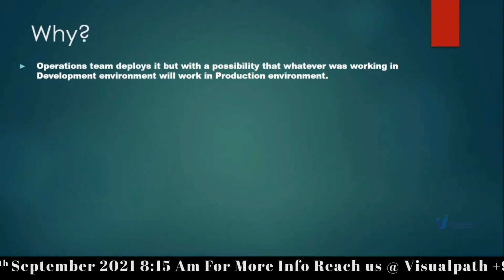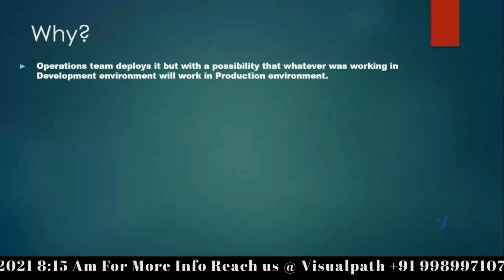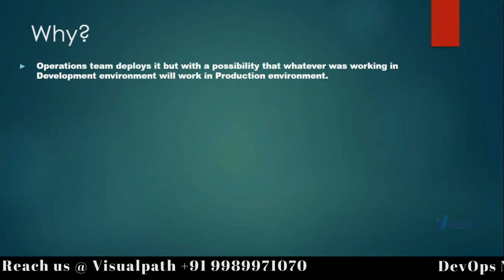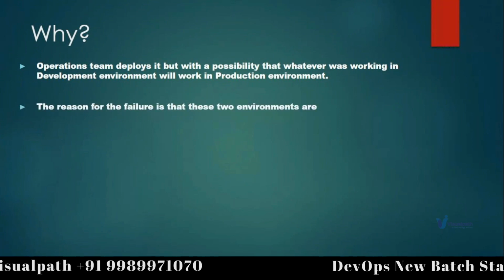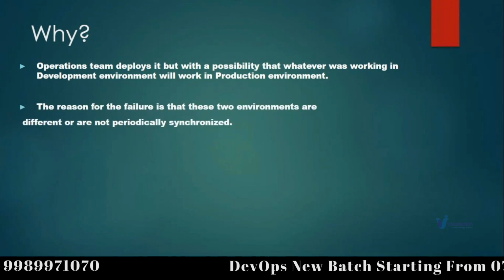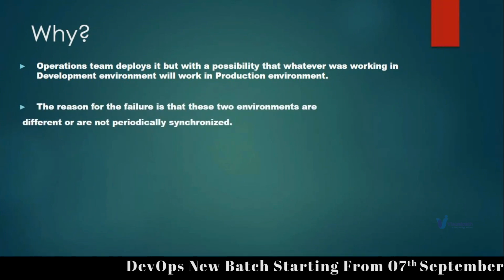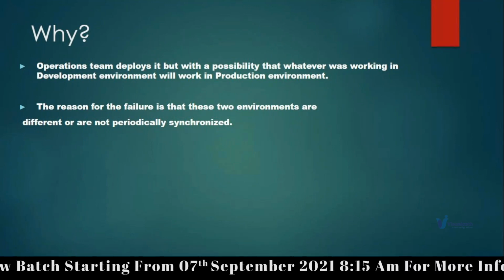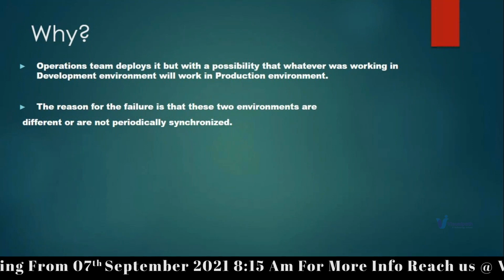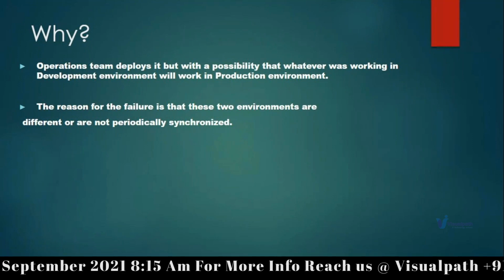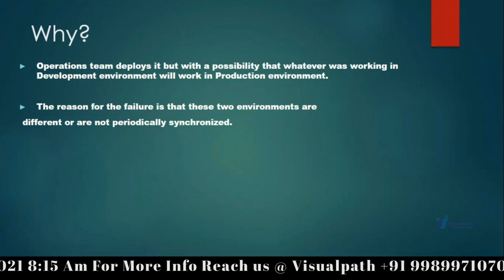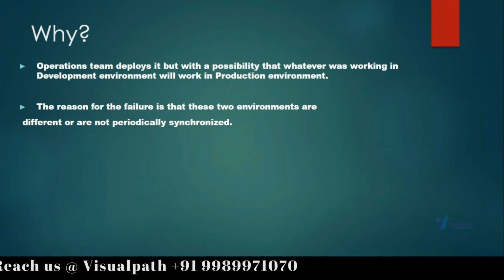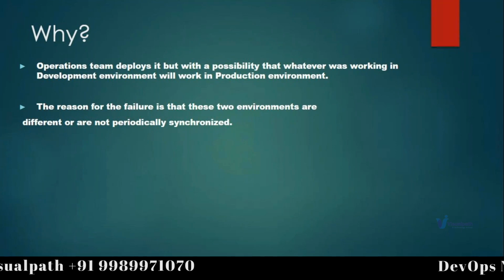The operations team is going to deploy the product with the assumption that if it's working in the dev, test and staging environment, it's going to work in the production environment. But really the production and QA environments are very different. As in the data, for example, the database may not be synced together. The production environment has more security, more firewalls, a different network design. The QA test environment will basically have few servers, no security, no safety, and maybe the versions are different.